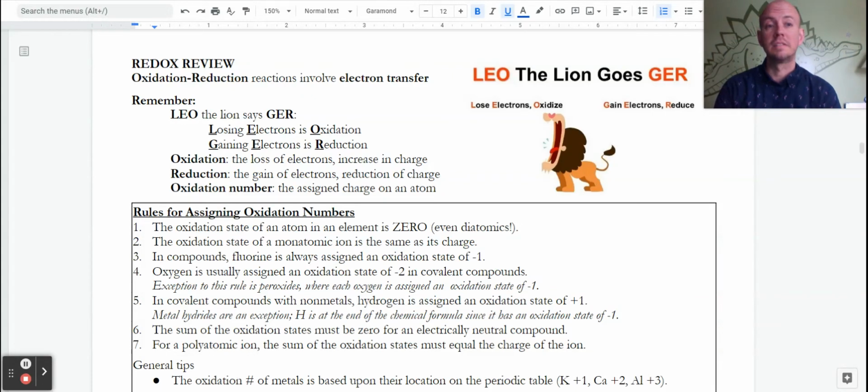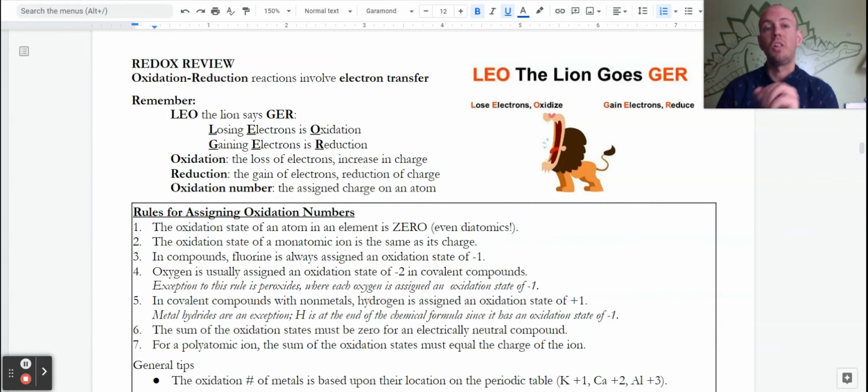Before we get to our last big application of thermodynamics, which is electrochemistry, we're going to review a little bit of what we looked at with reactions. In the last video, I talked about batteries. Well, a battery is just a chemical reaction that releases free energy and allows electrons to flow. Electrochemistry is the study of that flow of electrons in a specific way that allows us to harness that free